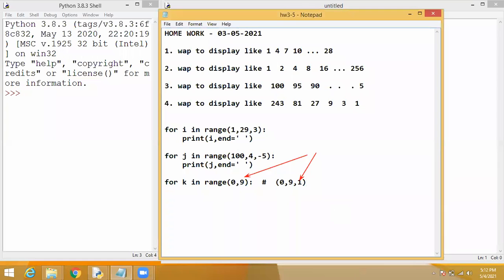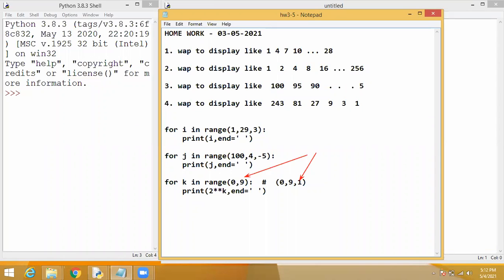Then what do we have to print in the statement? We cannot print just k, but we want to print the powers of 2. That 2 is the common one. And what is the operator to get the power value? Exponential operator, double star. Very good. Exponent is the meaning. The expression I need is 2 power k. 2 power 0, 2 power 1, 2 power 2, like this it will increment 1 by 1. Students understood? Yes, sir. So this is the second program.